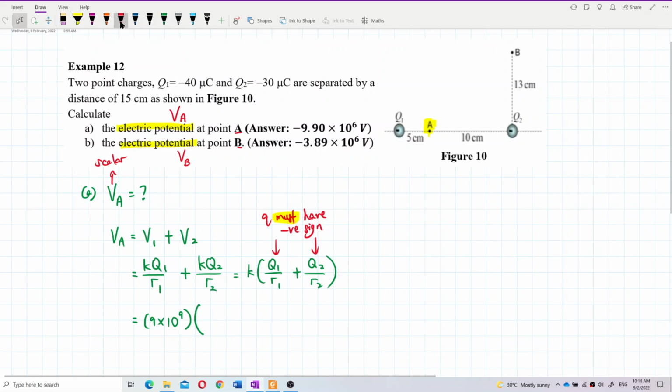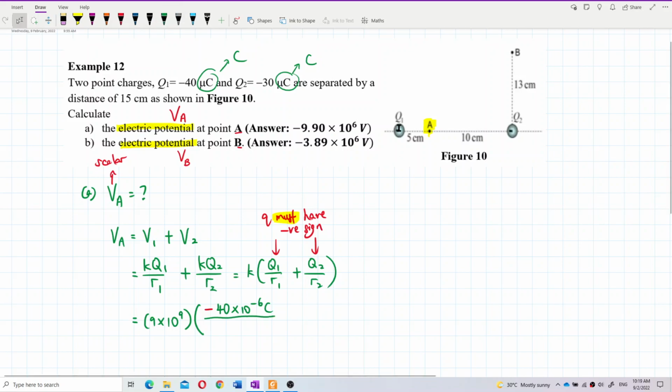So, put in the charge value, which is negative 40. Remember to put the negative sign. It's very important. And then 40 micro, change to the SI unit, exponent negative 6 coulomb. All this you have to change to coulomb. So negative 40 exponent negative 6 coulomb, and then divided by